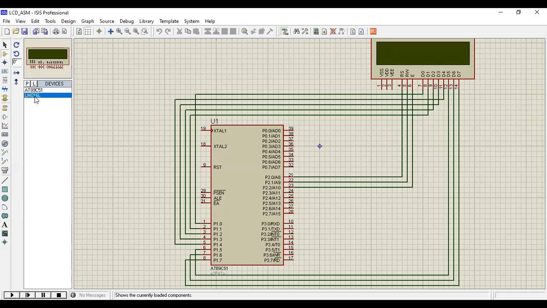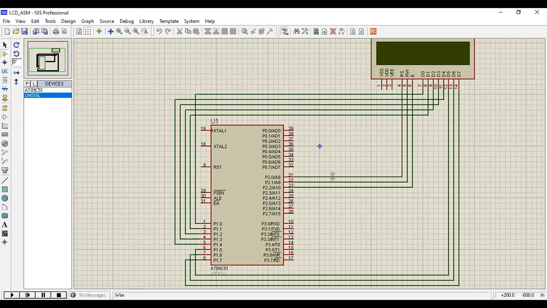So this is our LCD, and in our program, port 1, P1.0 to P1.7, are connected to D0 to D7 bits. So here I connected these lines, and P2.0 is connected to the RS pin, P2.1 is connected to read by write bar, and P2.2 is connected to the enable pin. You can connect like this.